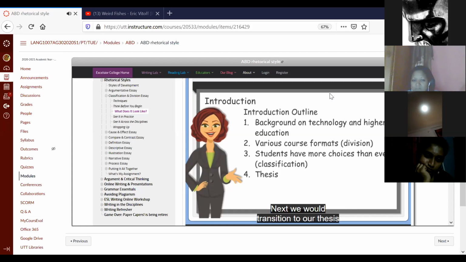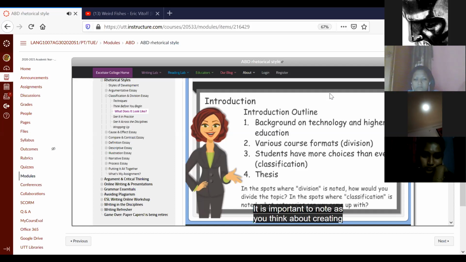Next, we would transition to our thesis and make the divisions for our essay clear by providing a summary of various course formats. We would then describe the choices within those formats the students have. Finally, we would transition to our thesis. It is important to note, as you think about creating a classification and division essay, you should think about the major divisions for your essay and then potential subcategories within those divisions. When you think about division, think about how you might divide your whole topic, then think about possible additional categories